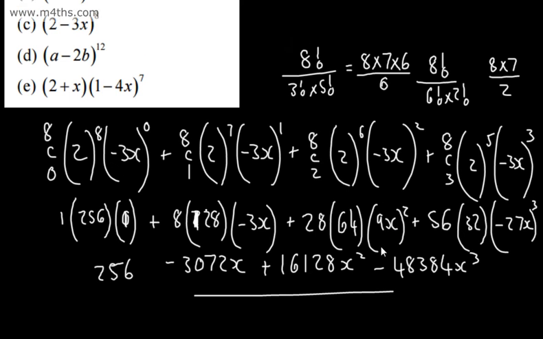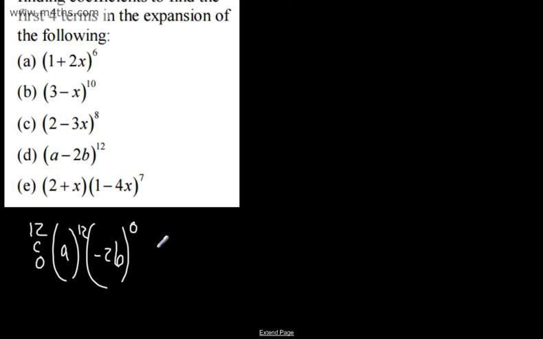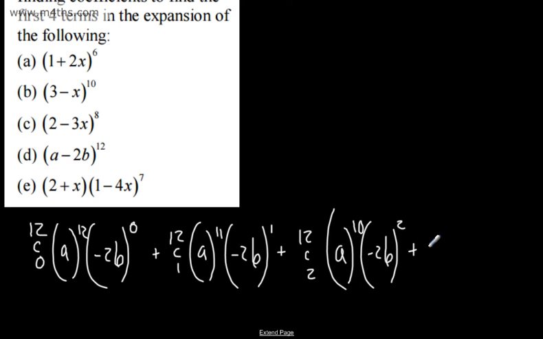All I've done is used the expansion. Okay, let's do the next one, a minus 2b to the 12th. So what we'll have then is 12c0. We'll have now a to the power of 12, negative 2b to the power of 0. We'll have plus 12c1. We will have now a to the power of 11. We'll have negative 2b to the power of 1, plus 12c2. Then we'll have a to the power of 10. We'll have negative 2b to the power of 2, and then we'll have 12c3,